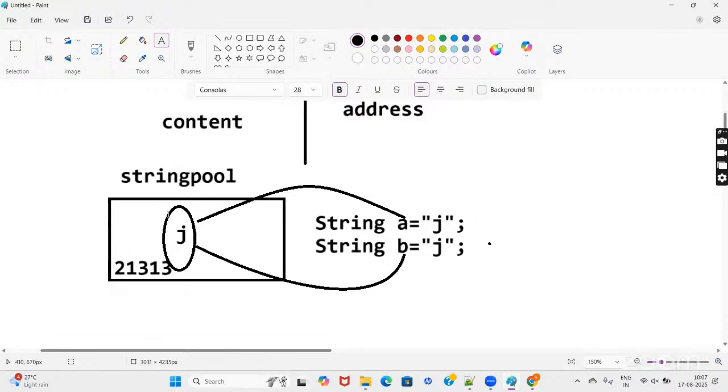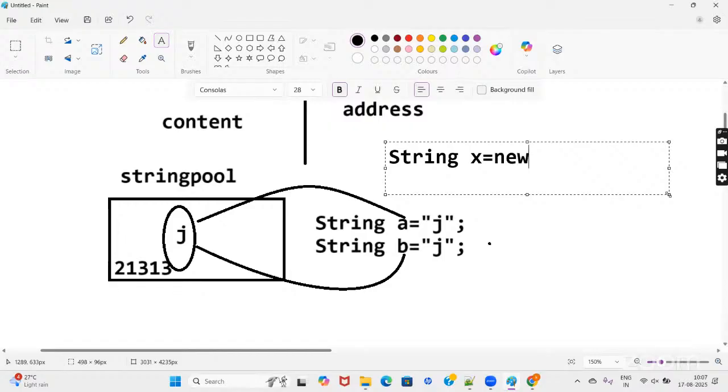So if it is a string pool, it will not create any new object. It will assign the same address to different variables. So this is what happens when you create a string object with the help of a string literal. But if you create the same object without the string pool, like suppose x is equal to new String("j"),